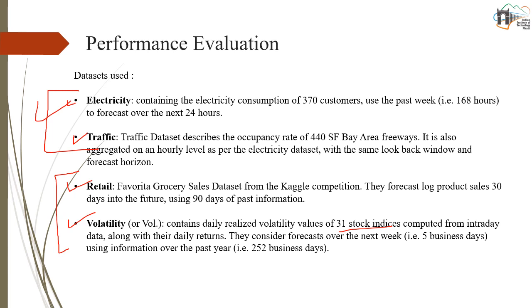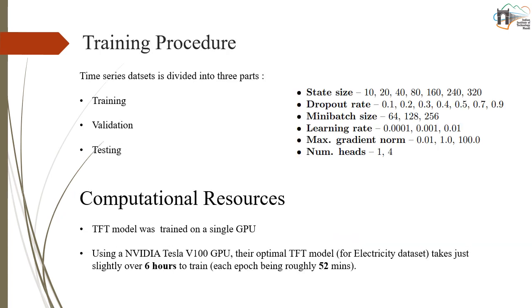Using these four different data sets gives us an overview of how a model is performing and how it compares to other techniques. So let's see how our model performs on these four different kinds of data sets, and whether it was comparable to the known methods we have right now or not. Let's move to the performance of the model on these different data sets. First of all, we have to know how the training was done on these different data sets and what procedure we followed during the training method.